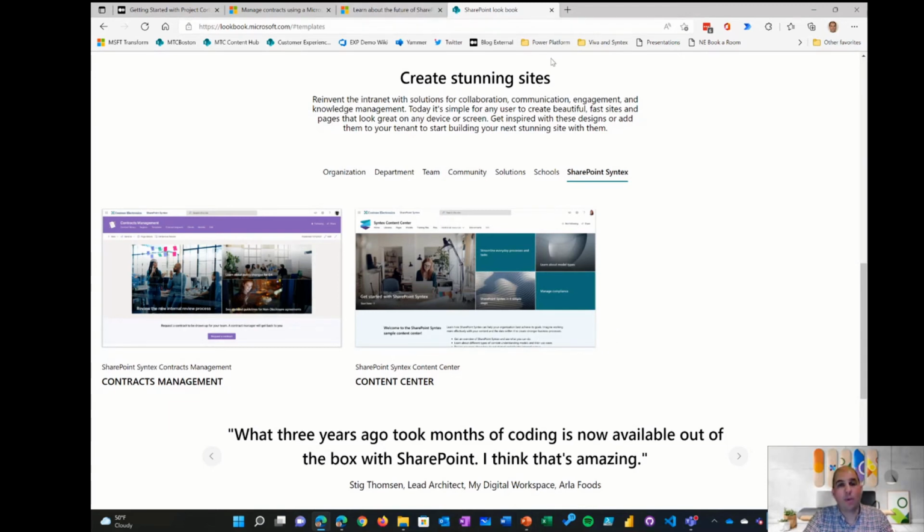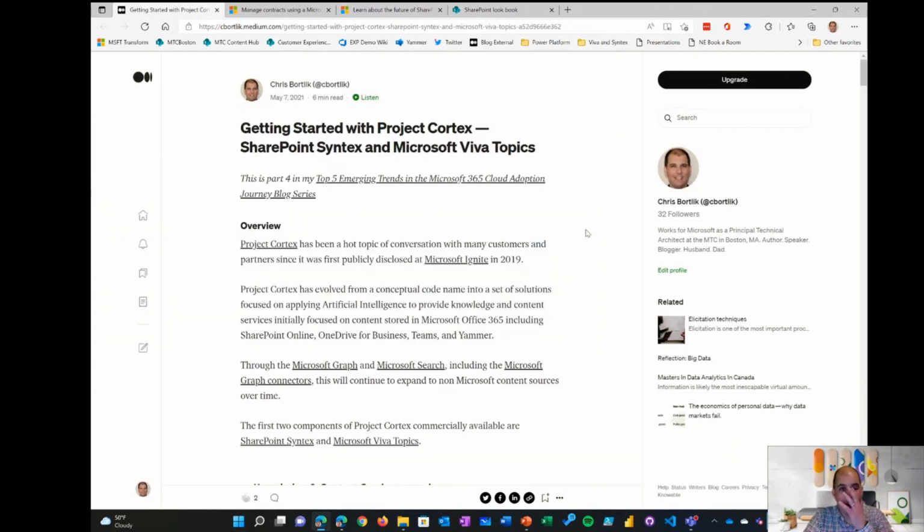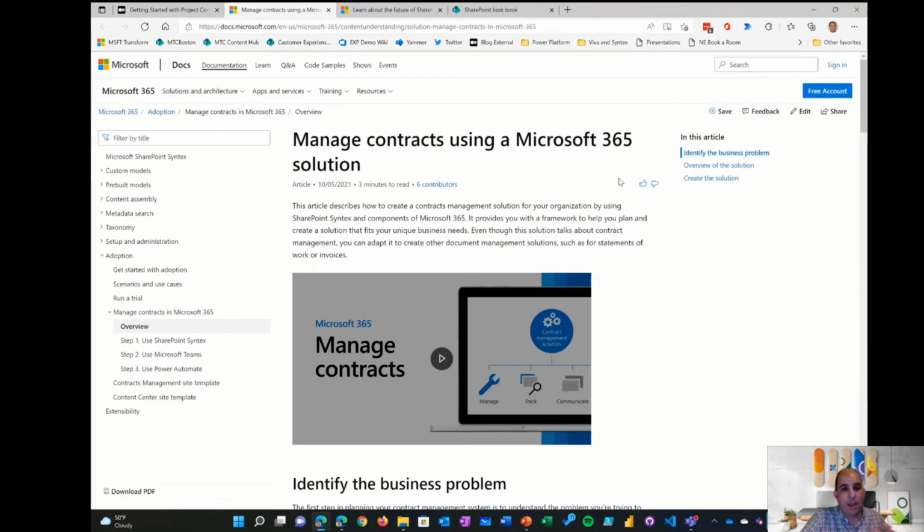The other resources I'm going to go through in a second, but since I'm here, I did a blog post almost this time last year, May of 2021, around getting started with Project Cortex, both SharePoint Syntex and Viva Topics. A lot of the demos that I did were documented with screenshots and links out to the articles, the resources, and a lot of the things that you may want to do to build something similar, including the Azure Search example. I have a link in the slide view as well to the contracts management example that